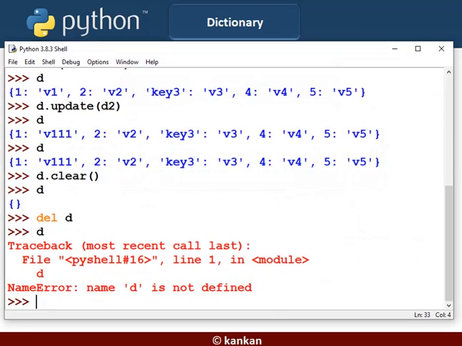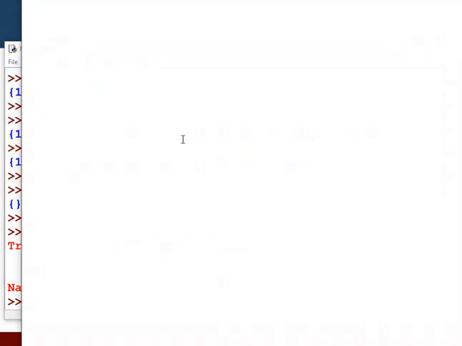Just I am giving a code example of it. Suppose I like to declare a dictionary object with key 1 and value v1, with key 2 and value v2, and the item with key 3 and value v3.